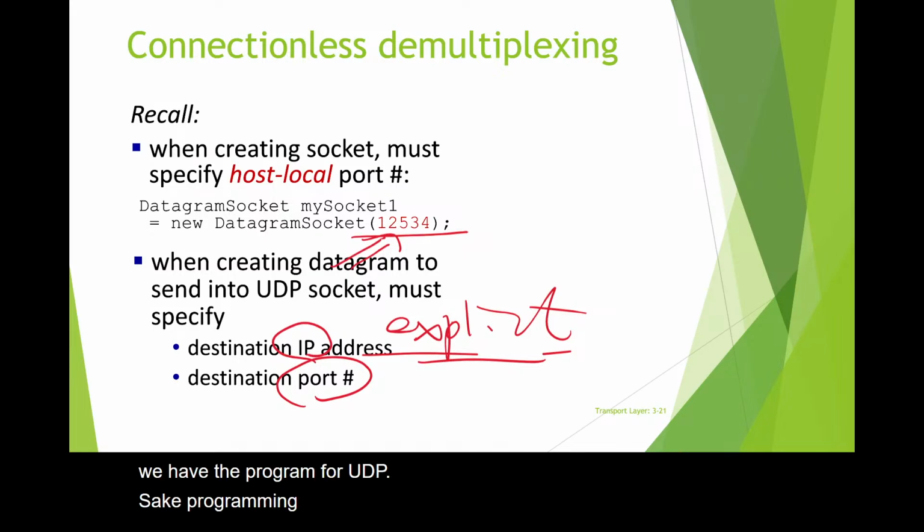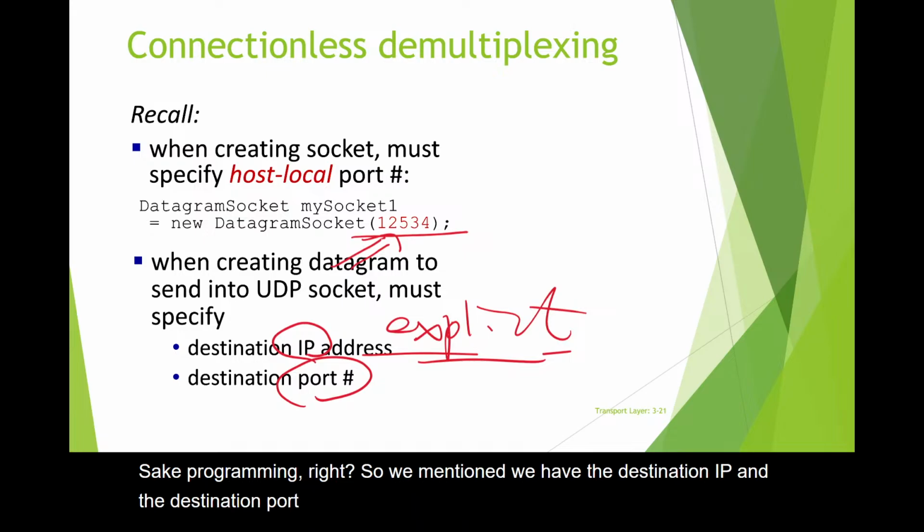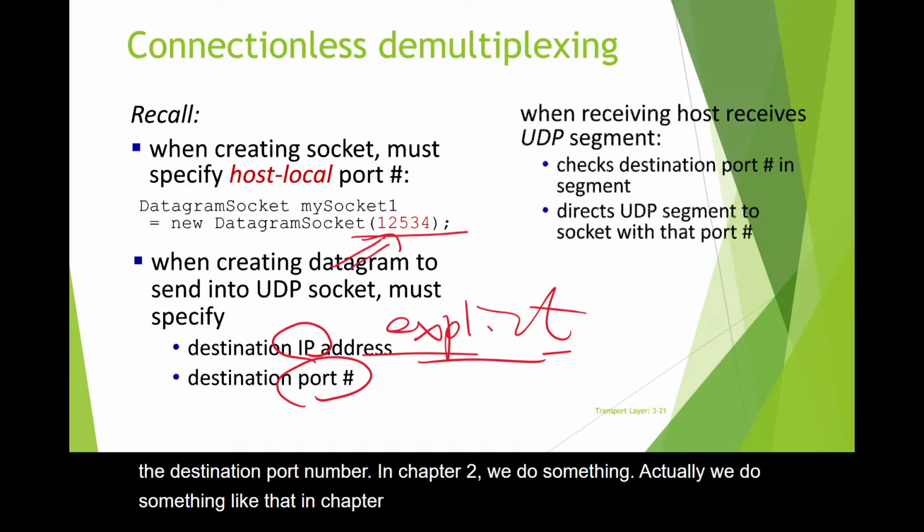So we mentioned we have the destination IP and the destination port number. In chapter 2, we actually do something like that in the chapter 2 program.